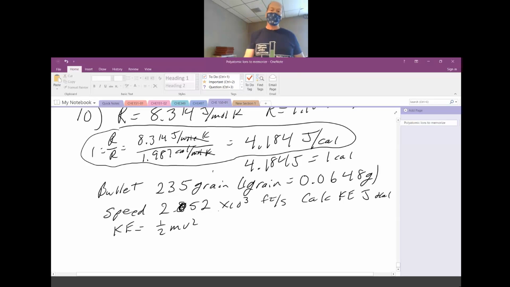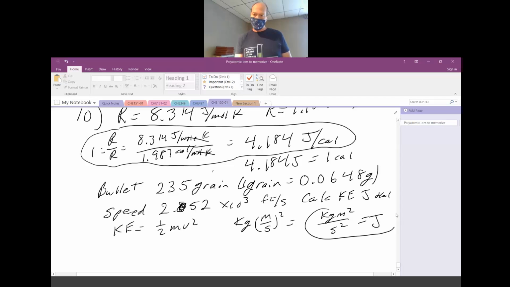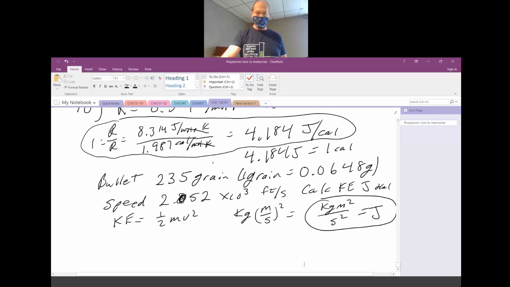So you need to know that your mass has to be in kilograms. Your velocity has to be in meters per second. Because when you get a kilogram meter squared per second squared, that is a joule. You need to know the units that make up the joule. You need to know that that is a kilogram meter squared per second squared. All right, so what that means is we got to convert our mass into kilograms, and we have to convert our velocity into meters per second, and then we can plug it into the equation